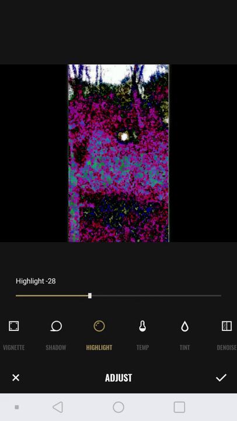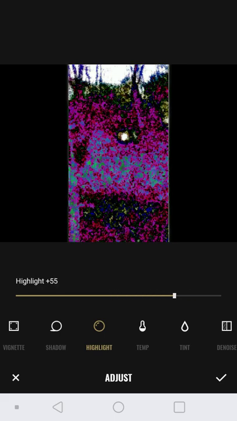And the faces and the people look better without a lot of highlight. But when I give it some highlight, the lettering starts to come out more, especially in the green. I'm gonna take the green away.